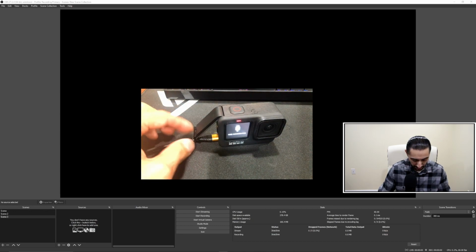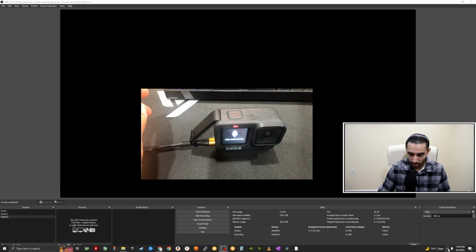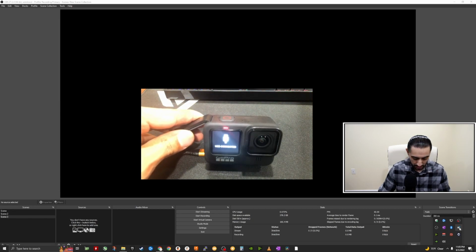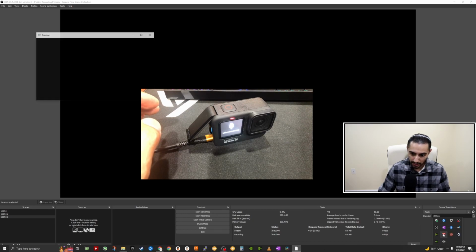But essentially what you do is you plug your camera into your computer, and then you go over to your app, you make sure that it's running, and you'll notice that in the tray icon for the GoPro webcam, you'll see a little blue dot in the corner. The blue dot just means that it's successfully connected to the camera. You'll notice the camera has USB connected on the screen, and if you right click on it, you'll actually notice that the preview option is now enabled. You can actually click on that,